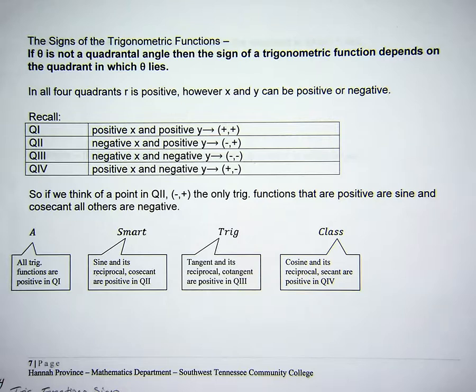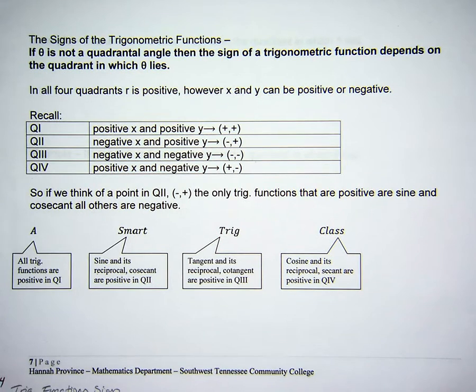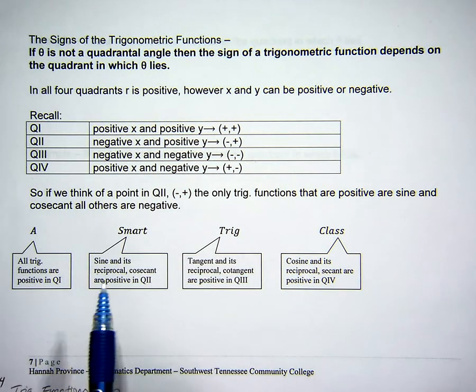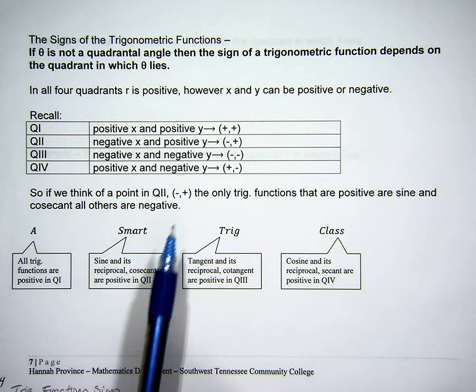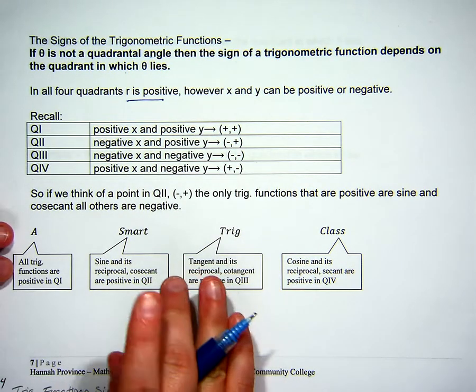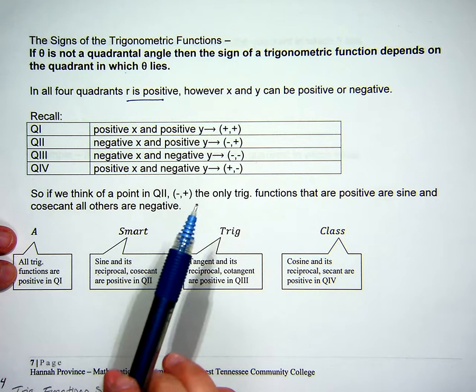Let's talk about the signs of trig functions. Okay, now, if theta is not a quadrantal angle, which is what we talked about in the last video, then the sign of the trig function actually depends on the quadrant in which theta lies. Again, remember, r is always positive. R is always positive. Let's go back and remember our